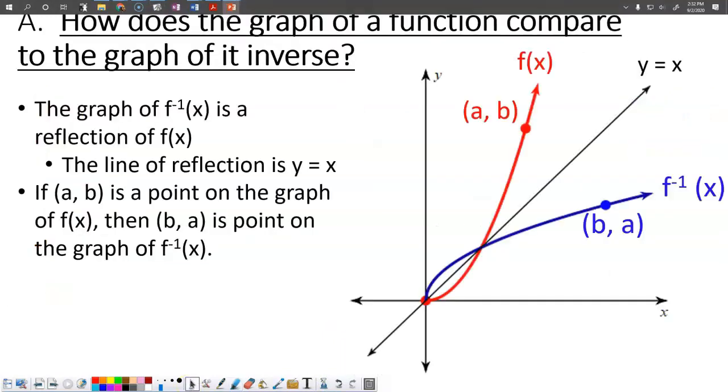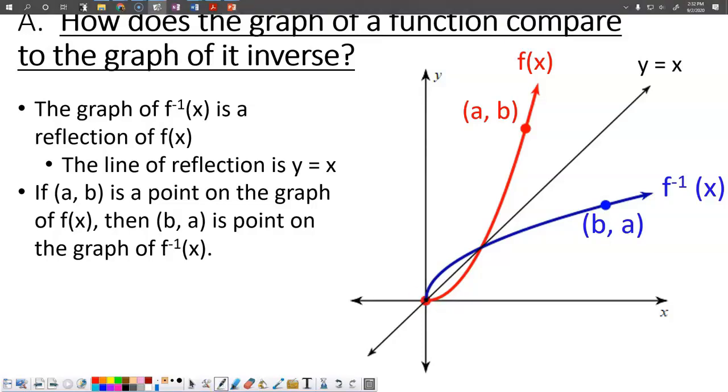So there's our conclusion here on this slide. The graph of f inverse is a reflection of the graph of f, and the line of reflection is that black diagonal line you see there. Now that's a straight line, right? We talked about linear functions in Unit 1. You'll notice that the